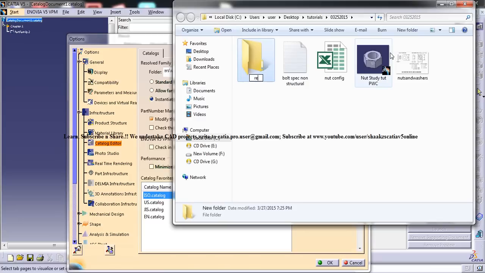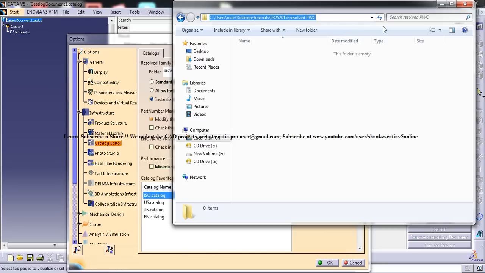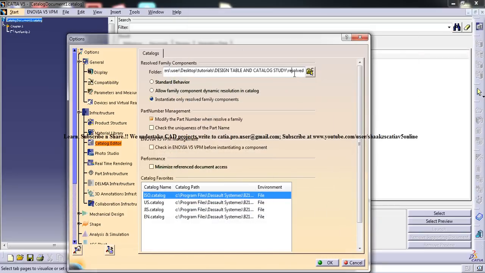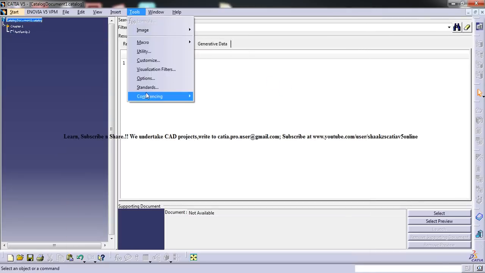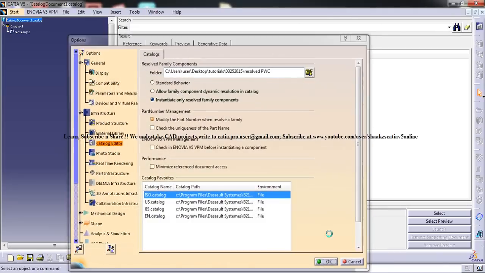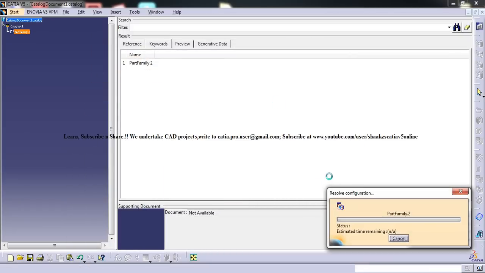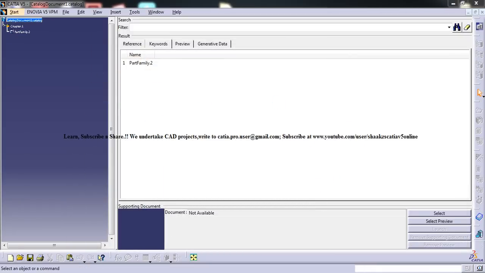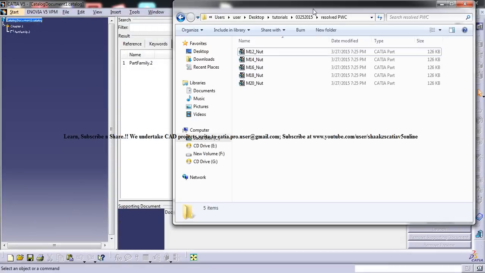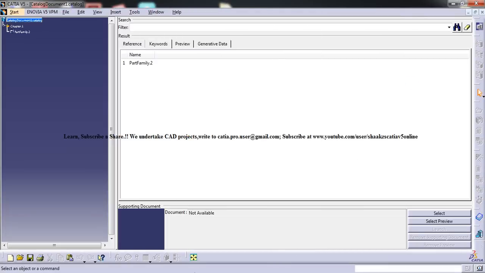I'll just insert resolved PWC just to recognize, and I'll take this path and insert that path here. Click on OK, and I'll just make sure that path is being copied. Yeah, it's copied. Now let's come here and go for resolve. So let's check out that folder again, and you can see all these configurations are being resolved,